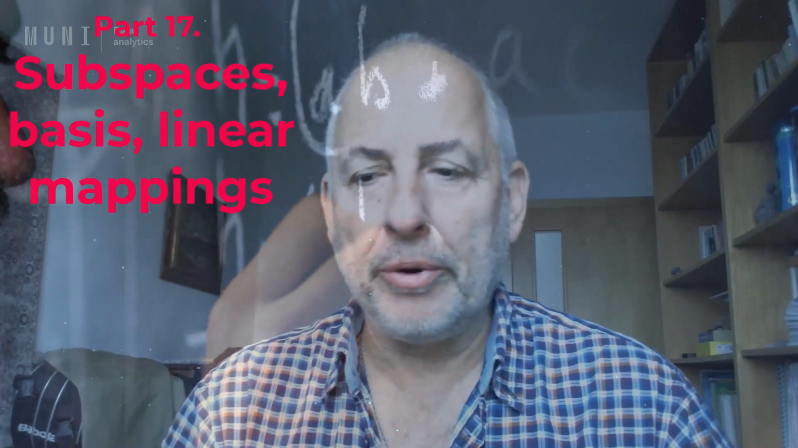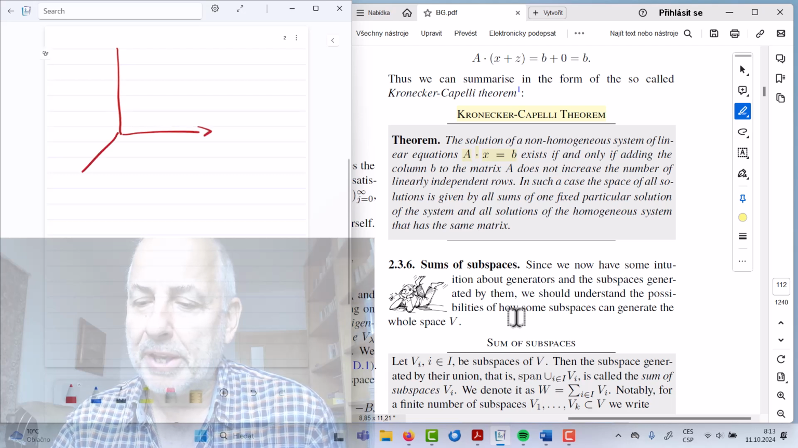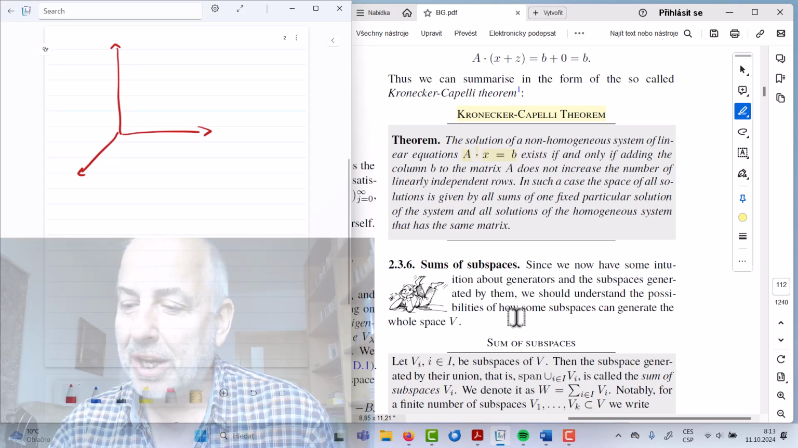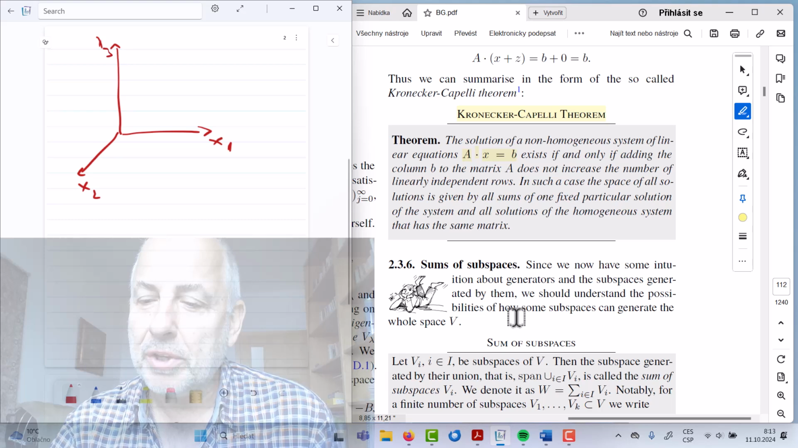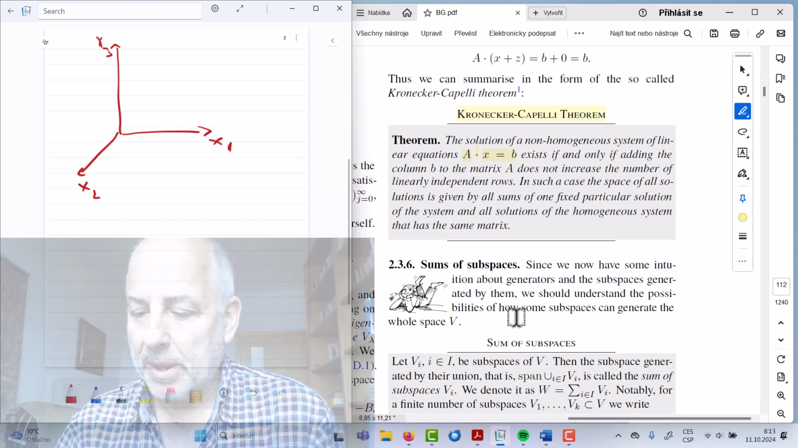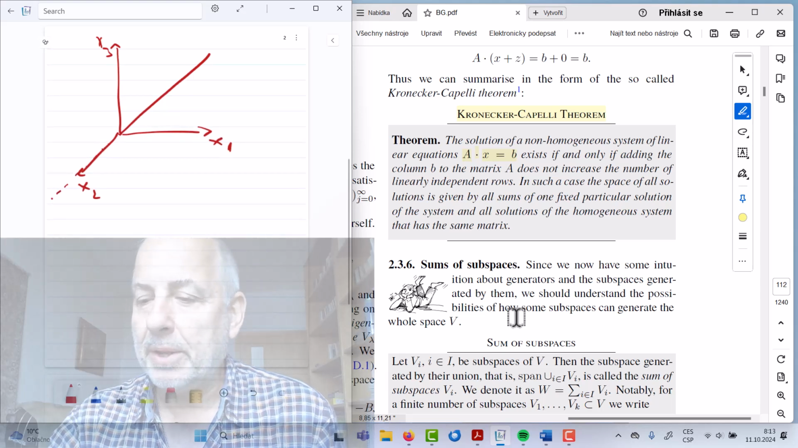...can continue. So you can imagine if you have, say, three-dimensional space, which is the one most of us can visualize nicely. So there will be coordinates x1, x2, x3. So if you get two one-dimensional subspaces, so it's something like that, and another one here,